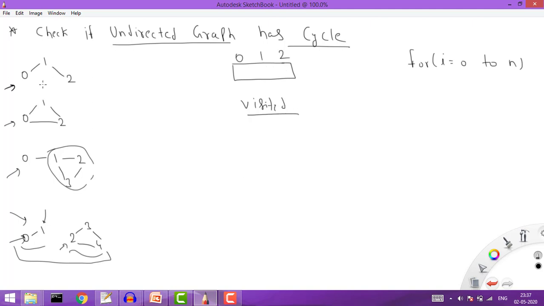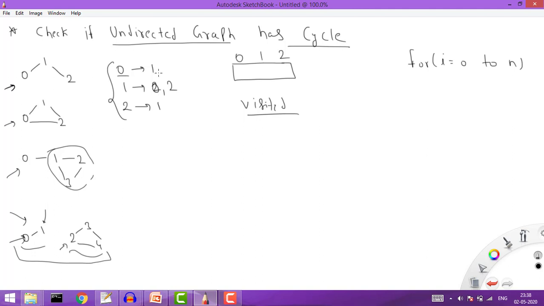So we can define the graph in two ways. One way is adjacency matrix and another way is adjacency list. So let's say I define it using the adjacency list, what will happen? 0 is connected to 1, 1 is connected to 2, and 2 is connected to 1, right? Basically here 1 is also connected to 0 and 2 both, because this is an undirected graph, right? So in the undirected graph we need to write all the neighbors where it can go. This is the adjacency list, meaning each index represents a list, and that list contains all the neighbors where it can go. Like from 0 I can go to 1, from 1 I can go to 0 and 2, from 2 I can go to 1, right?